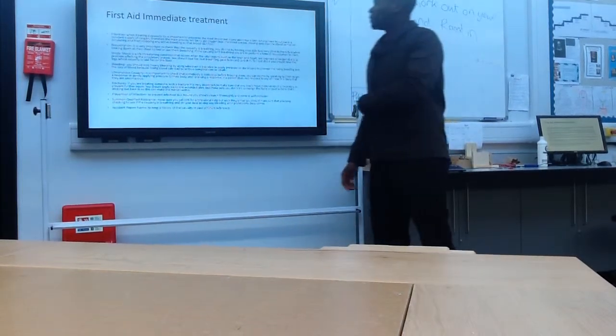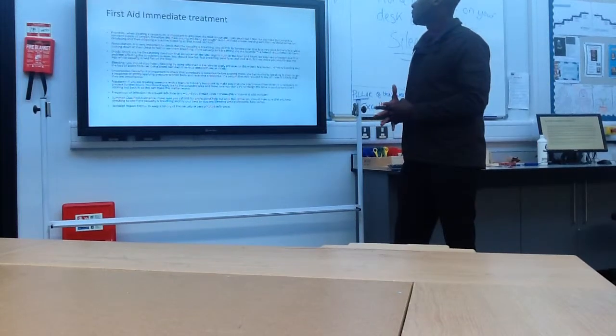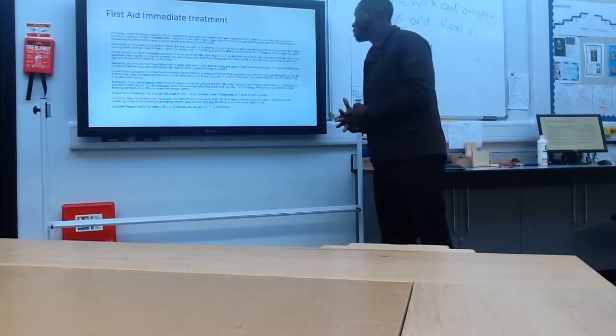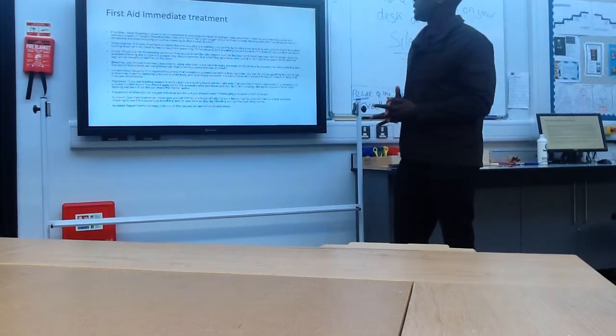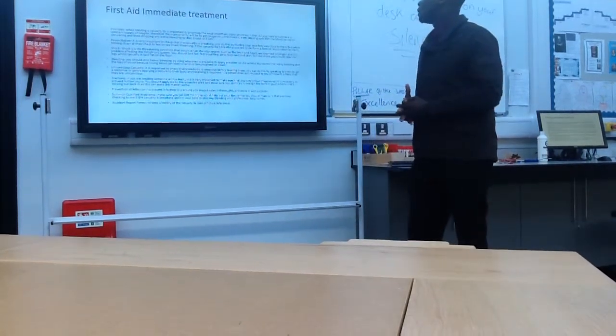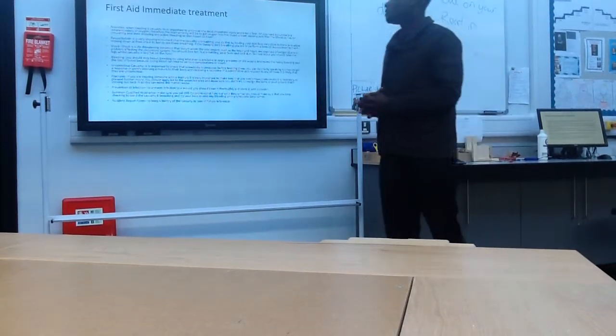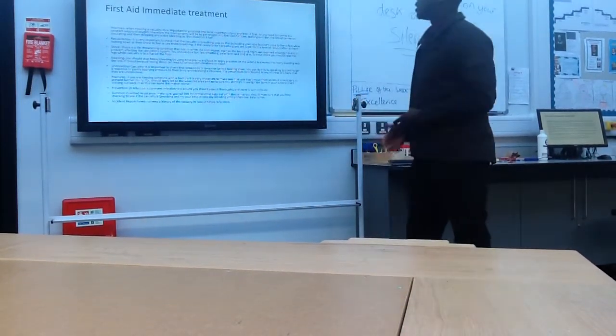First aid immediate treatment. Priorities. When treating a casualty, it is important to prioritize the most important injury and treat it first. All you need to survive is a constant supply of oxygen. Therefore, the main priority will be to get oxygen into the bloodstream, making sure that the blood carries on circulating, and then stopping any active bleeding so that blood isn't lost.